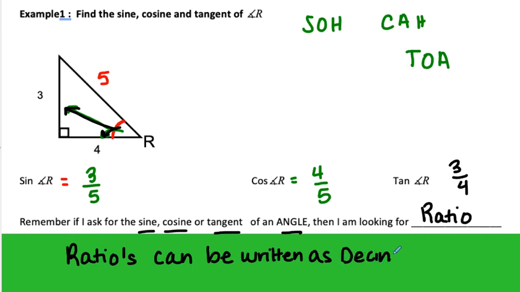And that's when I found it to be confusing when they're written as decimals, so we're going to go over that as well. Okay, but a ratio can be written as a fraction or as a decimal. All right,